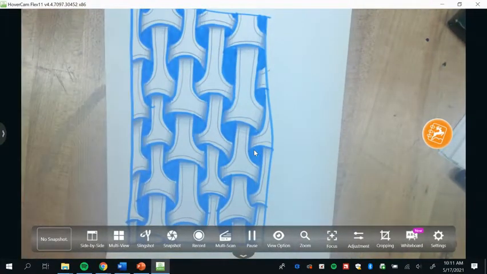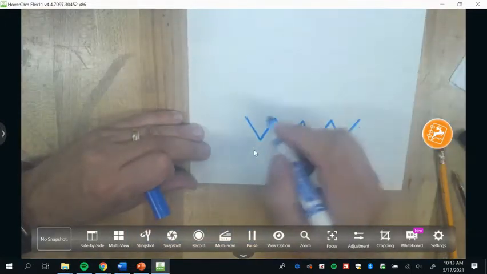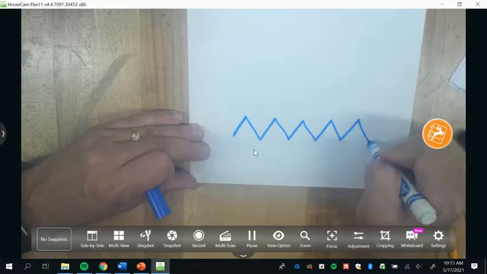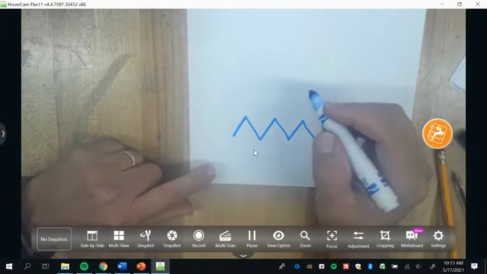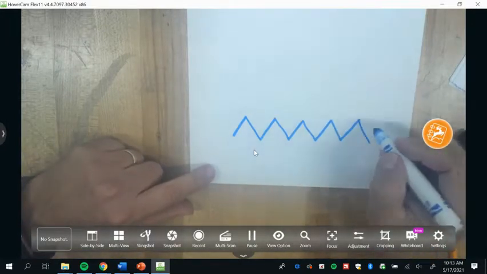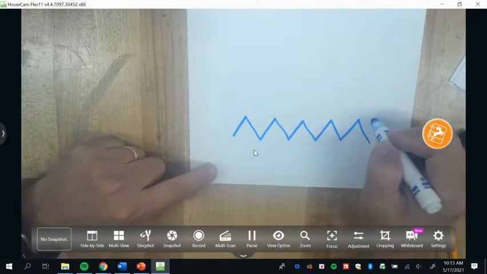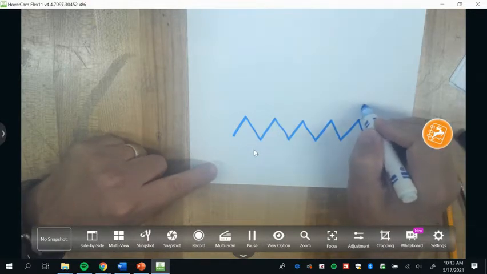All right, so actually that kind of looks pretty cool, doesn't it? Do it at the bottom of your page. Then the next one,